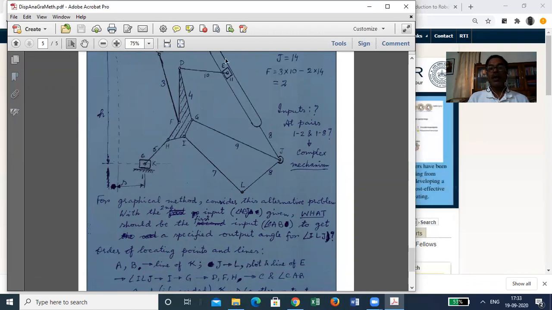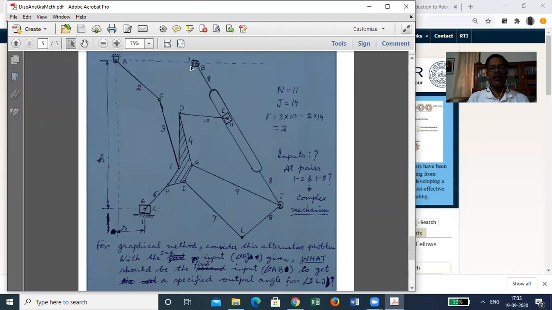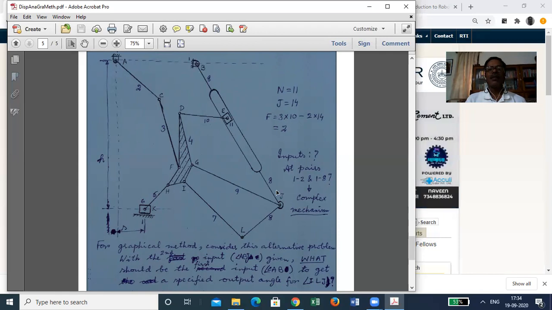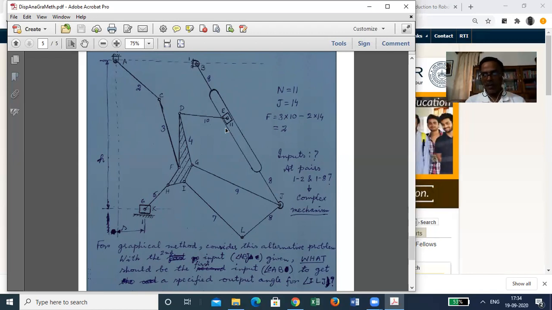And then through the second input given, this angle, you would have located point J, and here is the utility of the tracing sheet. The geometry of the link 8 is known. So wherever the original geometry of the links is given, you put your tracing sheet there, mark point B, J, L, and perhaps this entire slot. Okay, so copy this whole thing on the tracing sheet with your pencil and ruler, whatever.